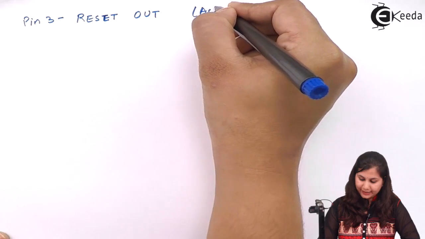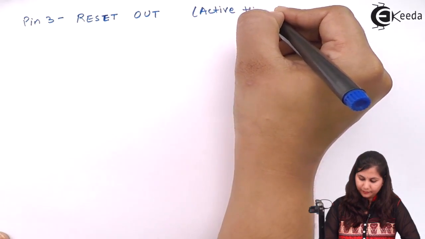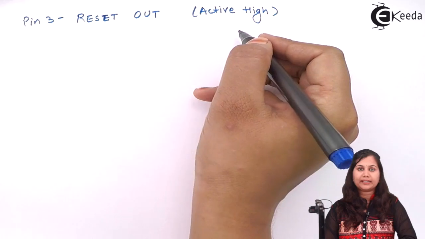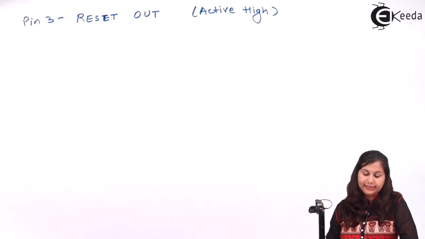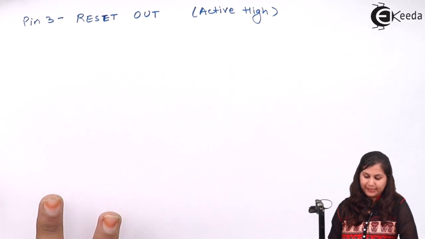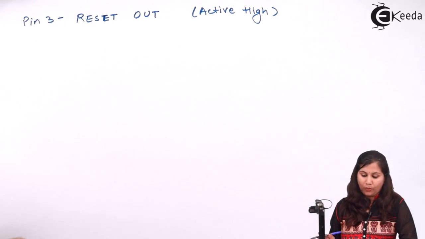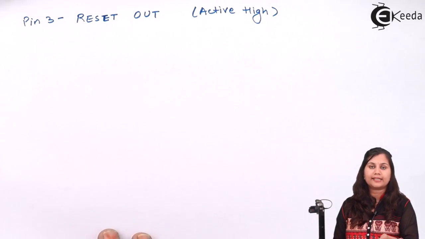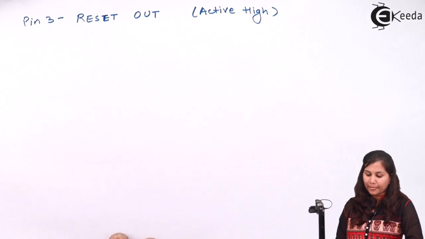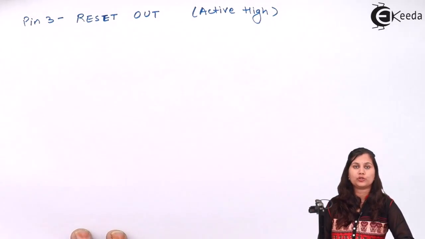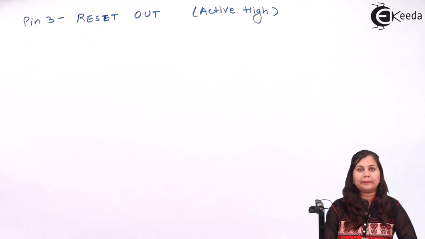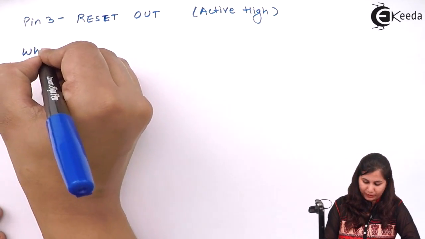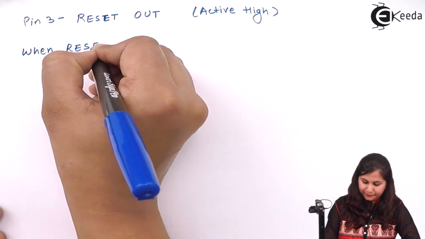It is an active high signal. It means that it is active when its value is equal to 1. So when this reset out signal is high, it indicates that the microprocessor has been reset. So all its conditions, all the registers are brought back to the position 0, and all the flag registers are also reset. So all the components and the registers are being brought back to their original, initial conditions. So when reset out is high,